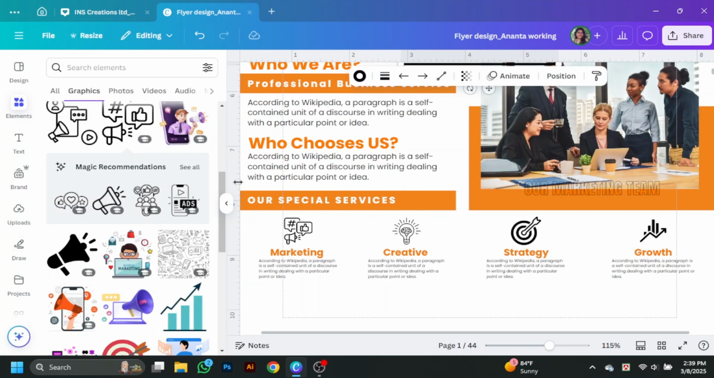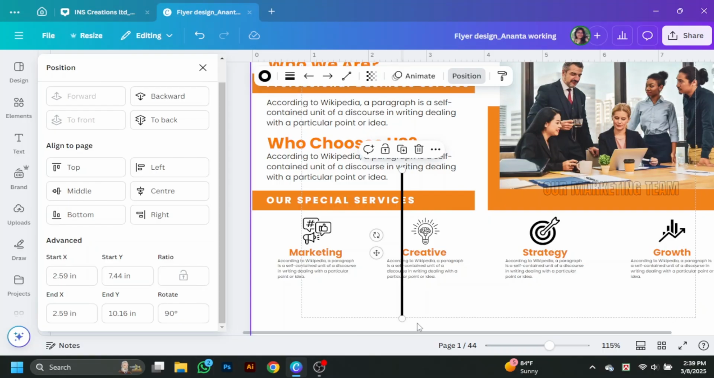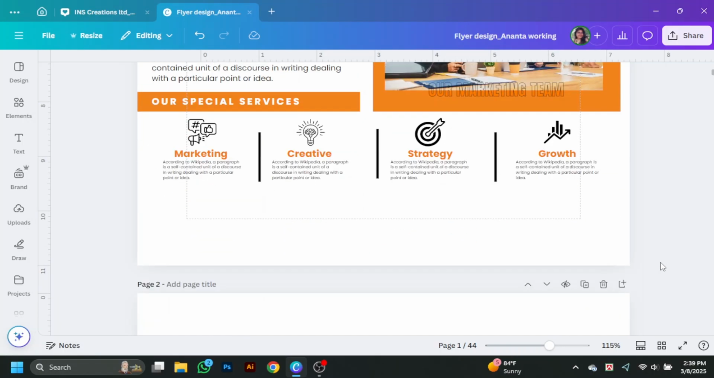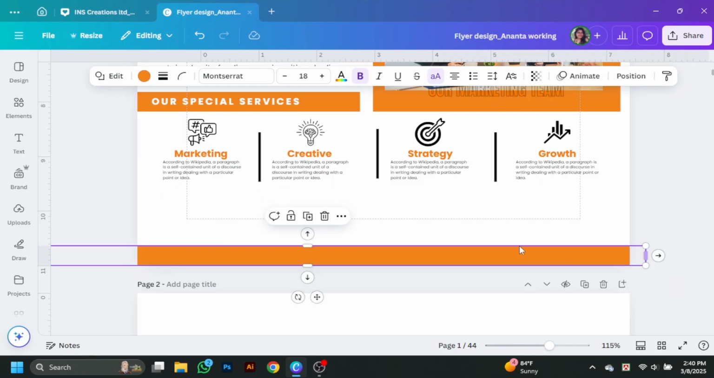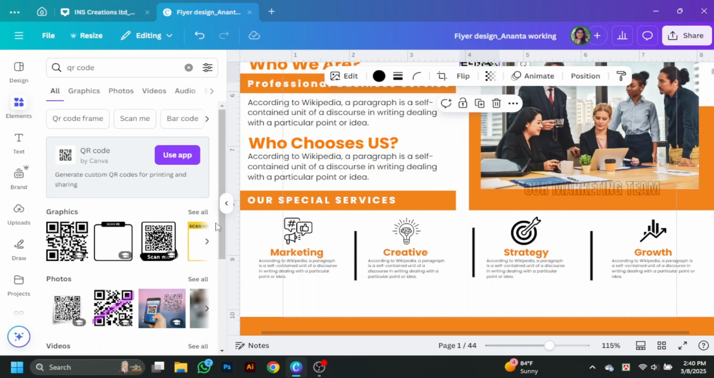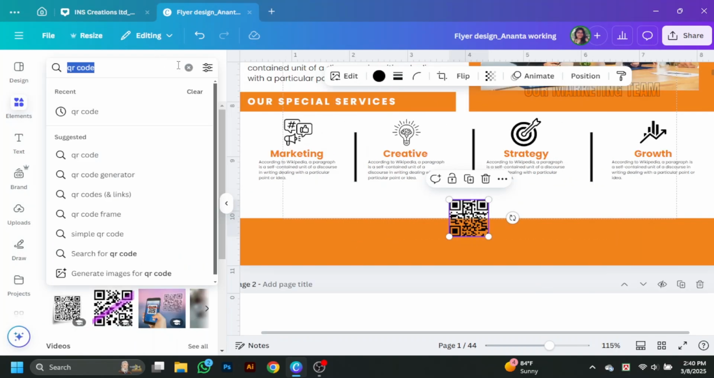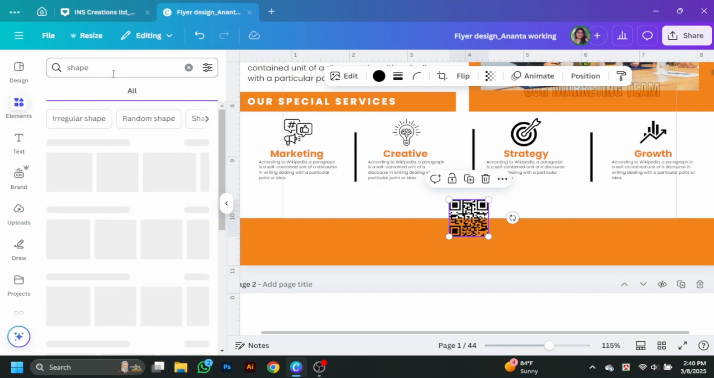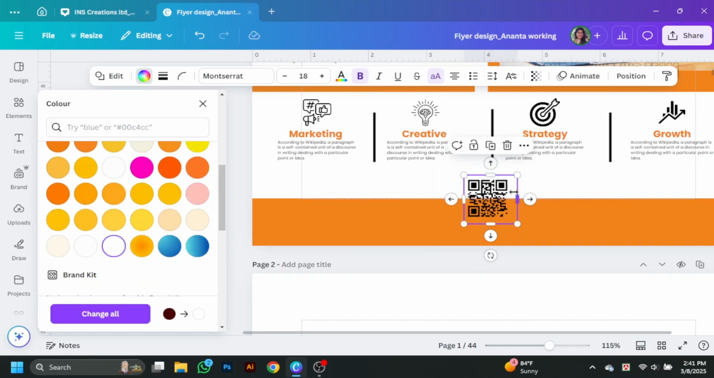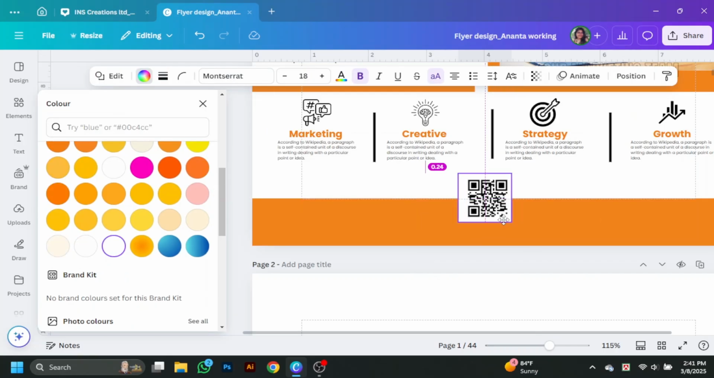Now let's take this line from the element, press shift, make them smaller and adjust them like a divider. Now let's take this rectangle shape and adjust it all over the bottom of the page. From the element, let's take the QR icon and again let's take this rectangle shape. Adjust the shape with a white color